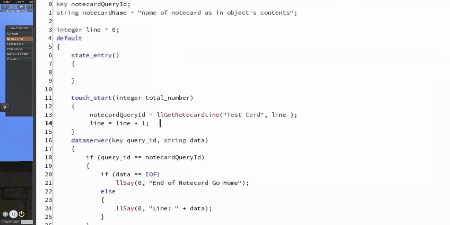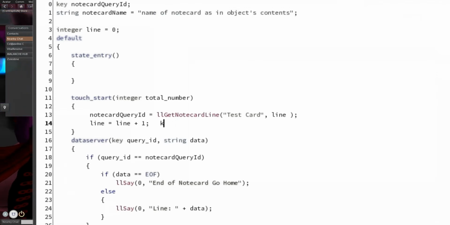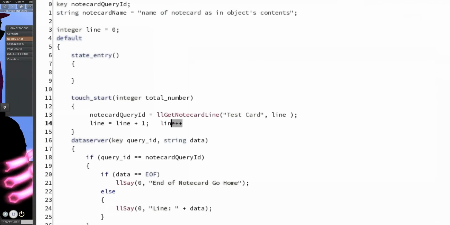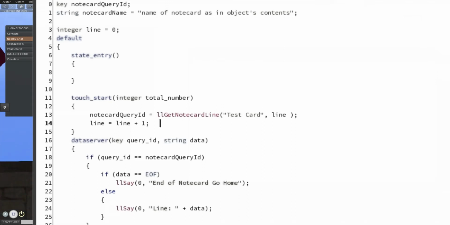You could also do line plus plus. It's perfectly valid. It's a shorthand for plus 1. I find it just happens to be easier to read when you actually spell out line plus 1. Yeah, it's intuitive, it's natural, and it doesn't really do any harm to do it that way. So we're going to go down here, and